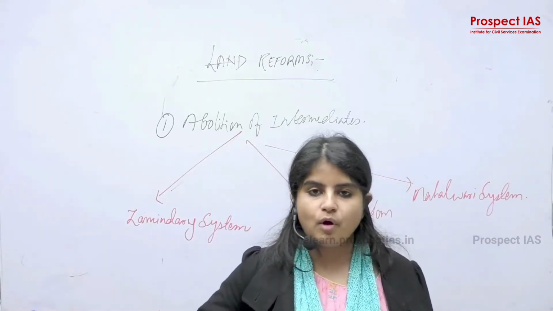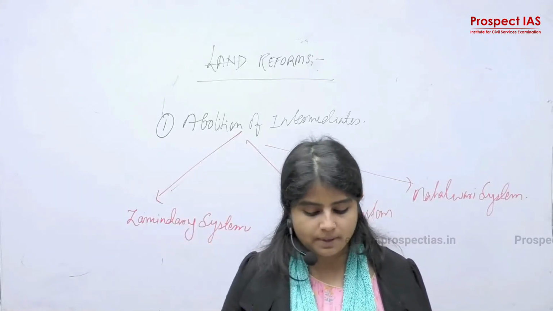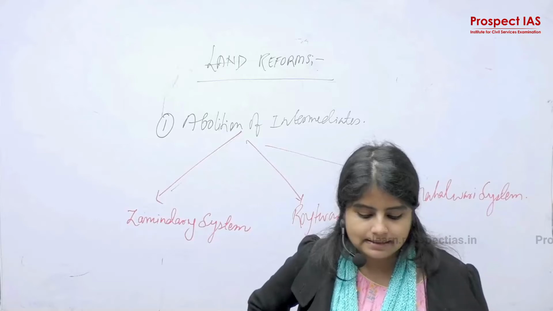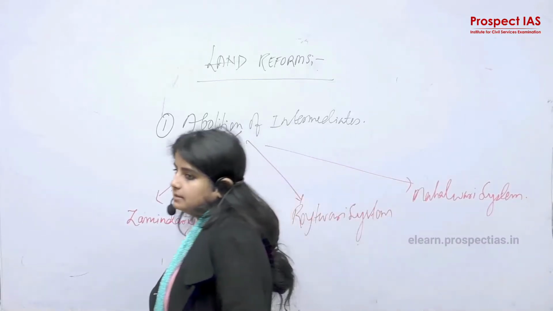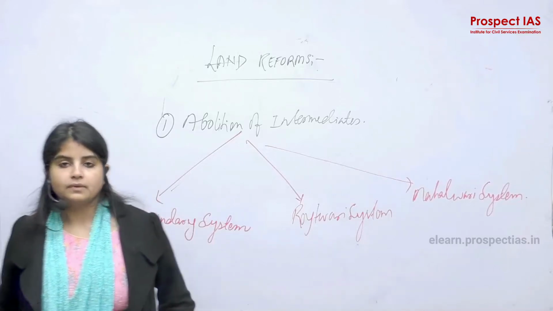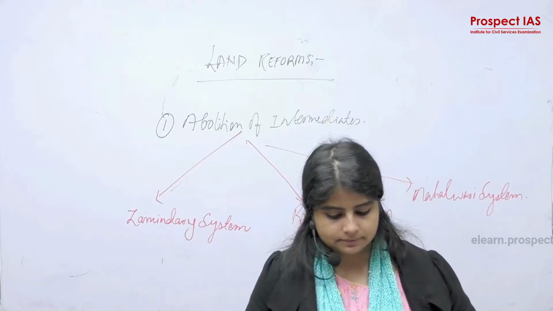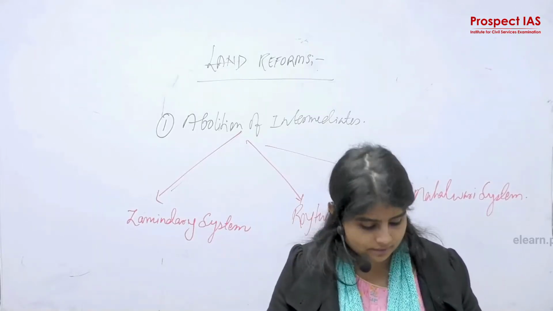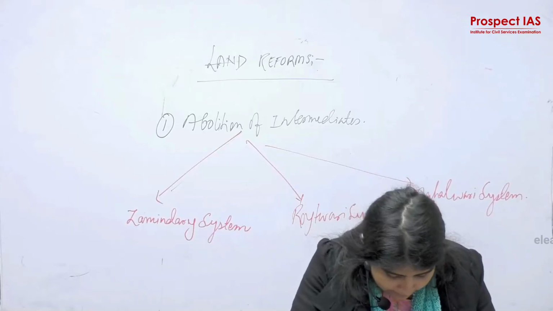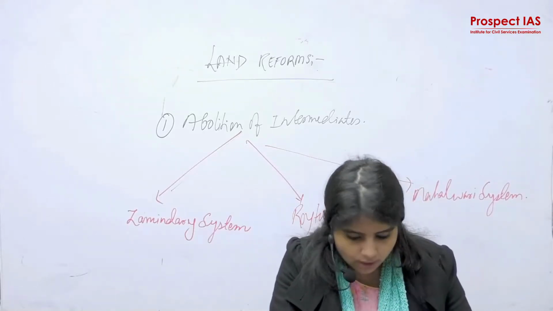And in Bombay province, it was not Maharashtra earlier, the whole province was Bombay under British India. In Bombay in 1817 and 18, the individual cultivators, called Raiyats,